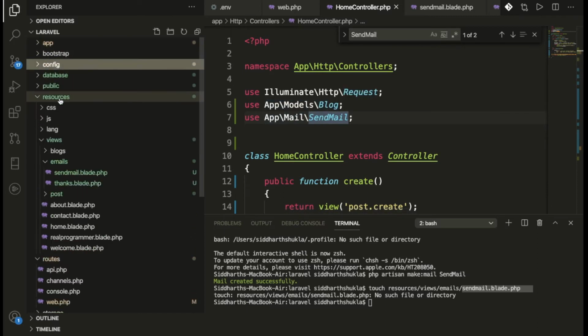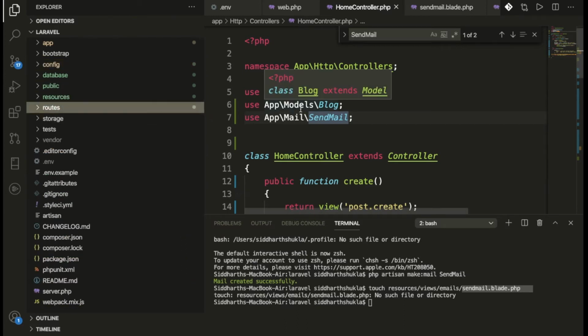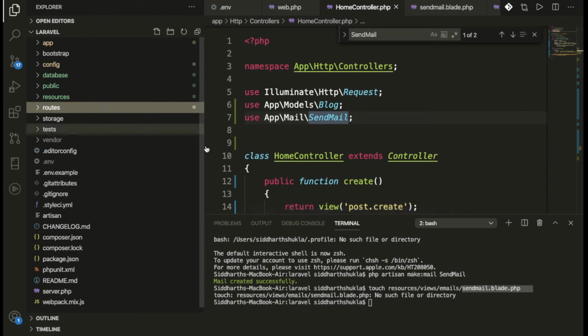Let me show you something. For security purposes I am not explaining everything here because I need to put my email ID and password, so I'm skipping that in this video. I will explain how this is working. I will also show you in my blog. You can get the code from my blog also.